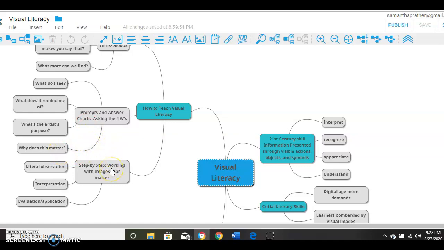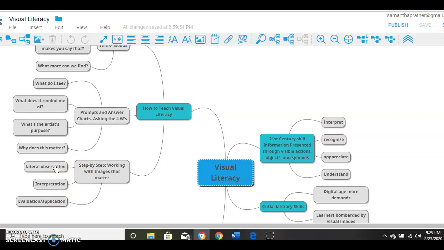So the last one is step-by-step working with images that matter. So the steps are literal observation, interpretation, evaluation, and application. So what this means is